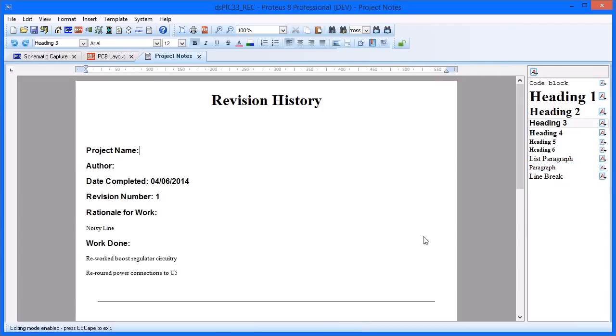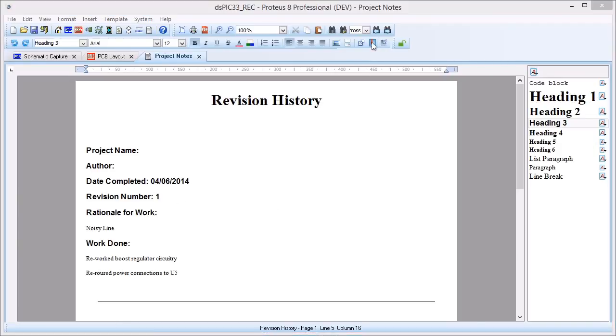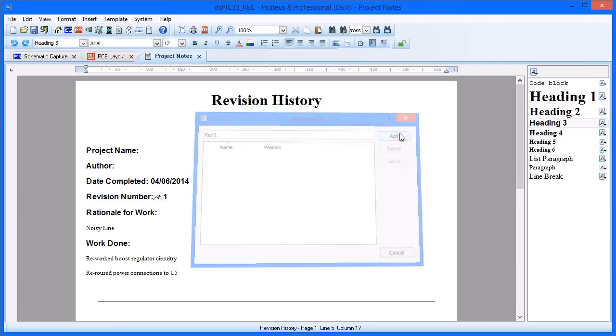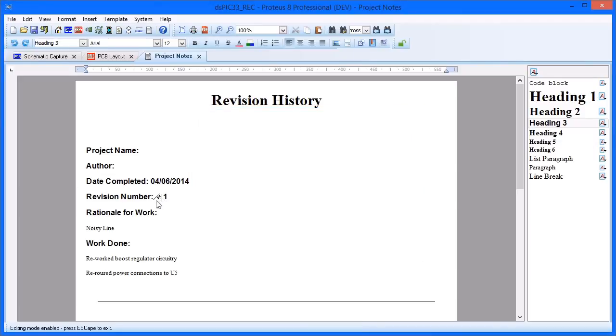There are several ways in which we can link our content with other parts of the document and indeed with other parts of the Proteus project. Bookmarks let us link to points of interest inside the document and notably enable easy creation of a table of contents. The important thing is to name the bookmark appropriately so that it is recognizable when we create a link